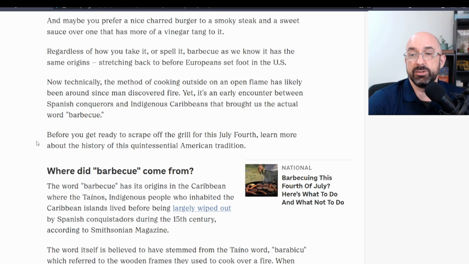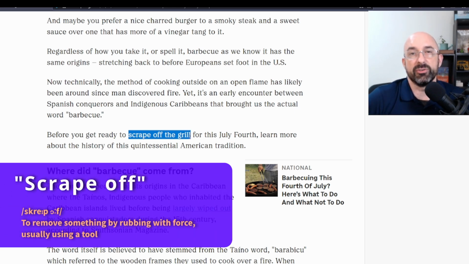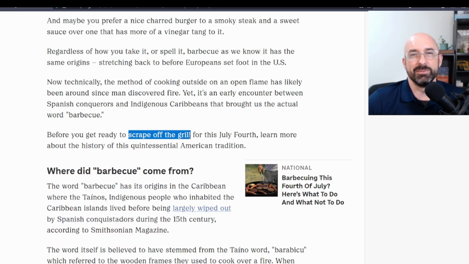Okay, before you get ready to scrape off the grill for this July 4th, learn more about the history of this quintessential American tradition. So, scrape off the grill. This is a verb phrase that implies you're getting your grill ready. You're going to scrape off all the old things, maybe some stuff that you left on the grill from the last time you cooked. We often scrape it off and clean it up and get ready to cook something new. Before you do that, learn more about the history of this